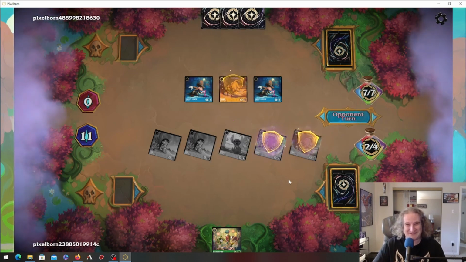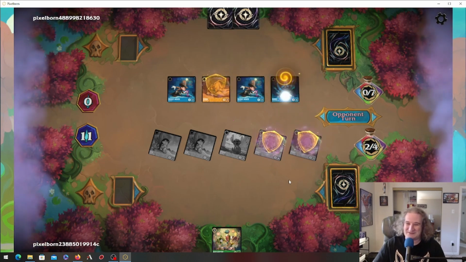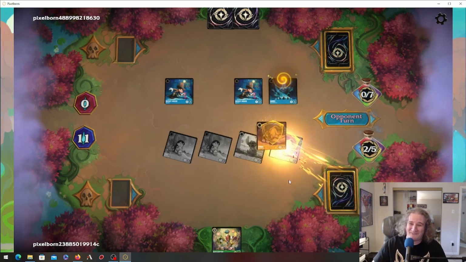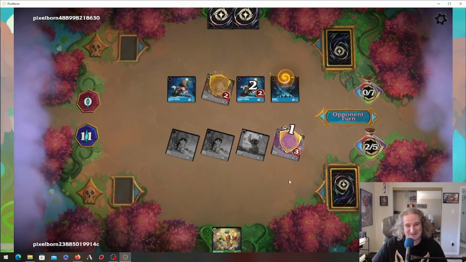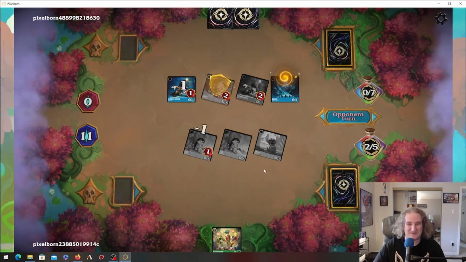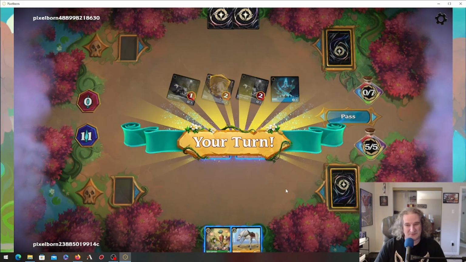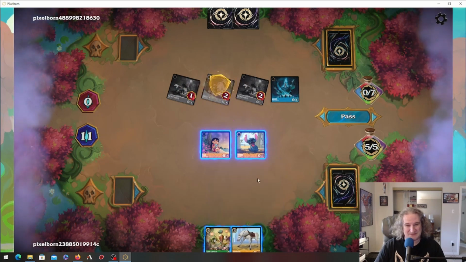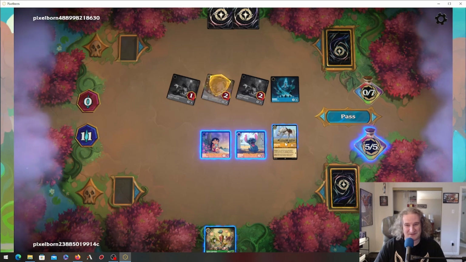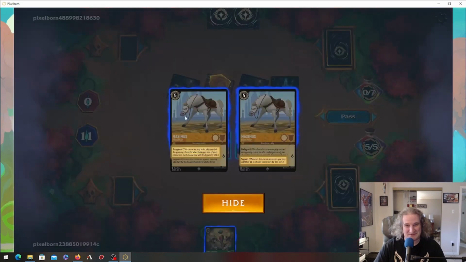Does he have Hades? Yep. There goes Goofy. Oh, yuck. Alright, well now he can't get rid of a Lilo, but that's okay. We do have Maximus. Do we Maximus or do we Hatter? I think we do Maximus because we just keep...